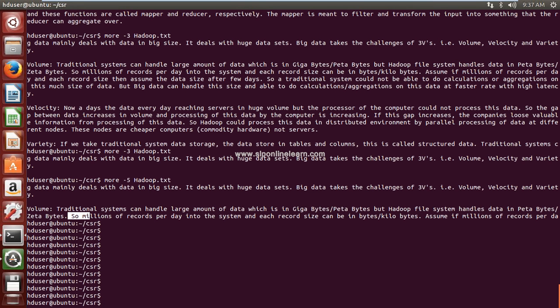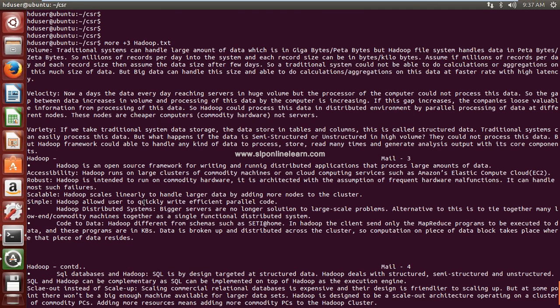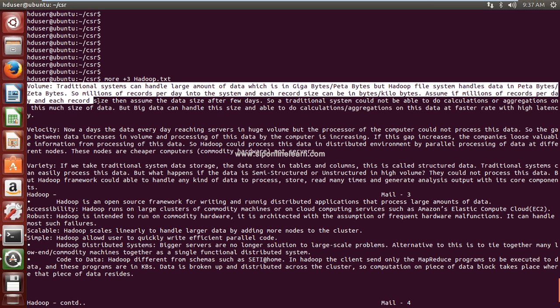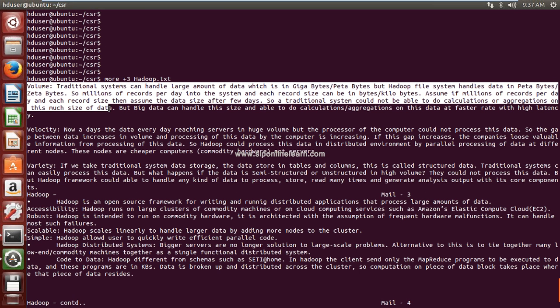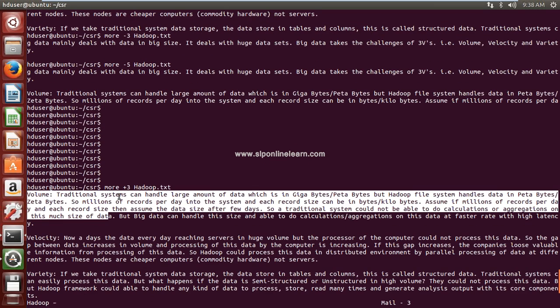Okay, more space +3 hadoop.txt. See the output here. I'm going to quit here and see where it started displaying the information. +3 means after the third line, from the fourth line onwards, it started displaying the file information. If you say -3, it is from the first line up to the third line only. If you say +3, after the third line, let's see whether this volume is after the third line or